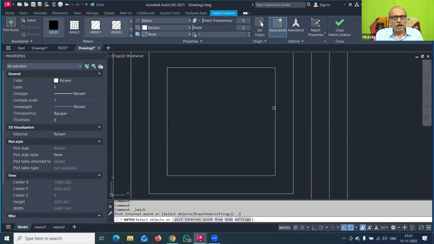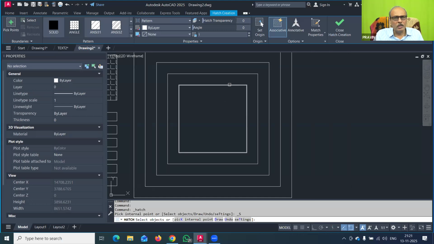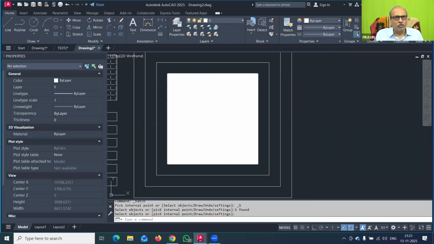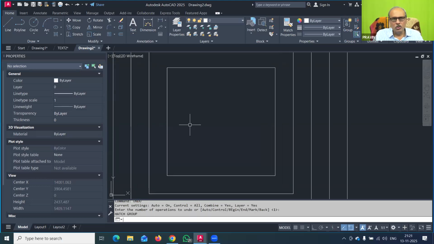You click on here. Now you can see my cursor has changed. It appears as a select box cursor. Because of this select box cursor, you can click on a particular boundary. So I can use this boundary, or I can use this boundary. You can see that inside that boundary my hatch pattern was applied. But I just don't want this type of hatching, so I will undo again. These are very important things. Nobody will teach you in detail about the hatch command here.